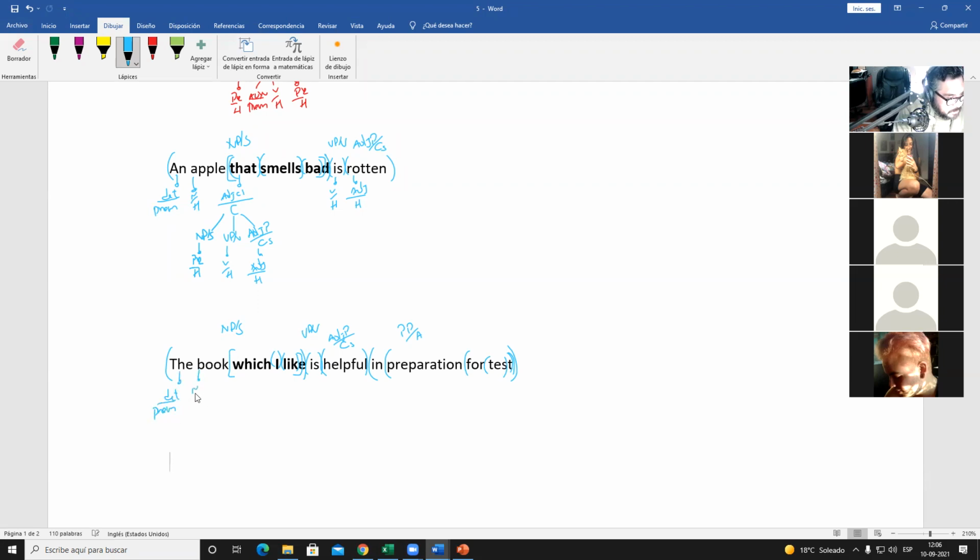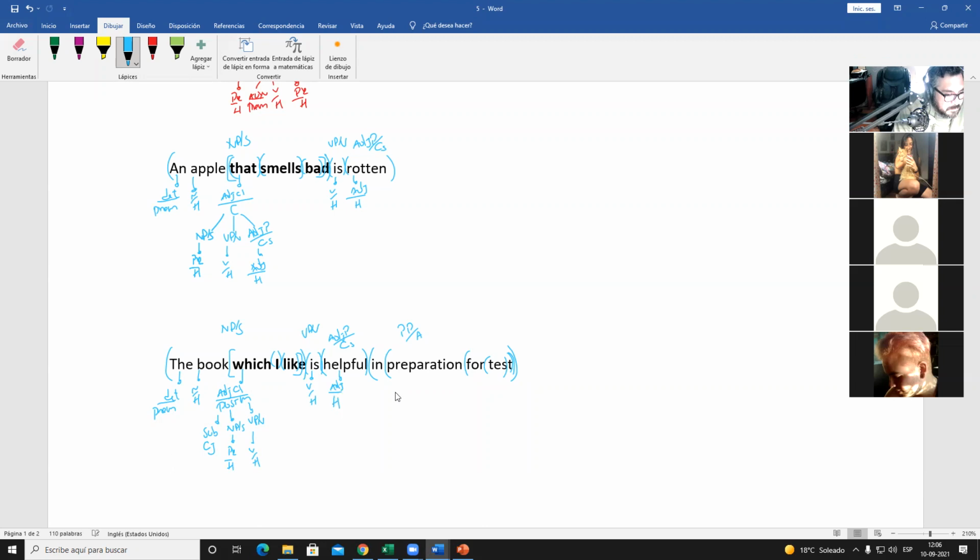Determine a pre-modifier, noun head, and this is my adjective or WH relative clause, adjective clause. Esto es post modifier, adentro tiene which, mi subordinating conjunction, tiene I, noun phrase subject, pronoun head y tiene like. Verb phrase verb, verb head. Is verb head, helpful,